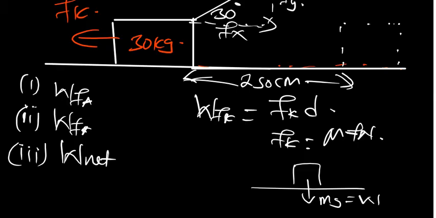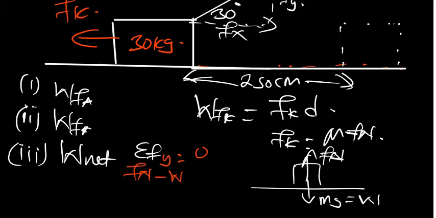So what you know is the summation of all the forces in y direction. Since the object is not moving in y direction, the summation of the forces is going to give us 0. What forces do we have? We have got the normal force pointing upward minus the weight force pointing downward is equal to 0. We shift the weight force to the other side, the normal force will be equal to the weight force. This is the only scenario where you say the normal force is equal to mg, where I see the weight force. But now, in a case where you have another force which is pointing upward, like in this case,